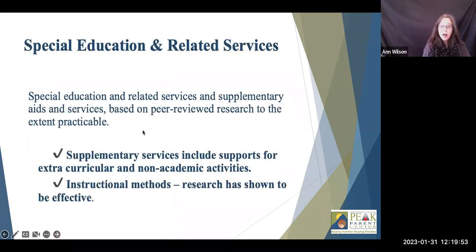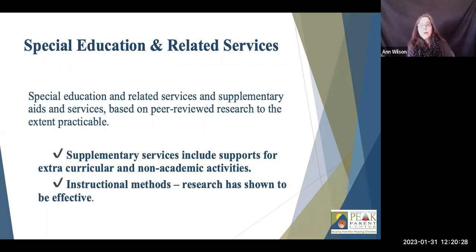Then you will move on to a statement of the special education and related services and supplementary aids and services that will be provided to the child or on behalf of the child. Related services include things like speech language pathology, audiology services. It could be interpreting services, psychological services, physical therapy or occupational therapy. It might also include recreation. Those are just examples. It might include other things.